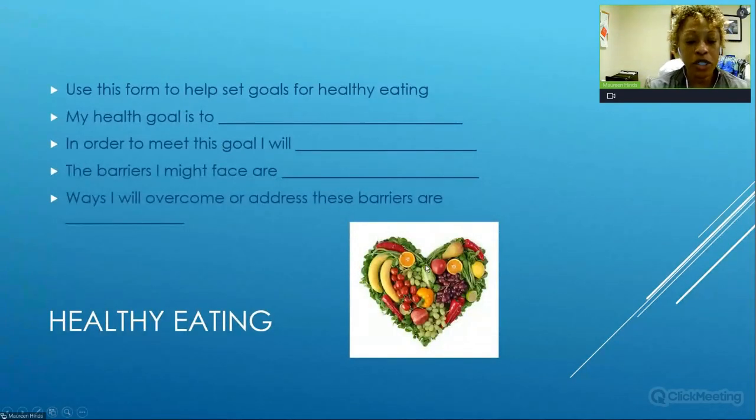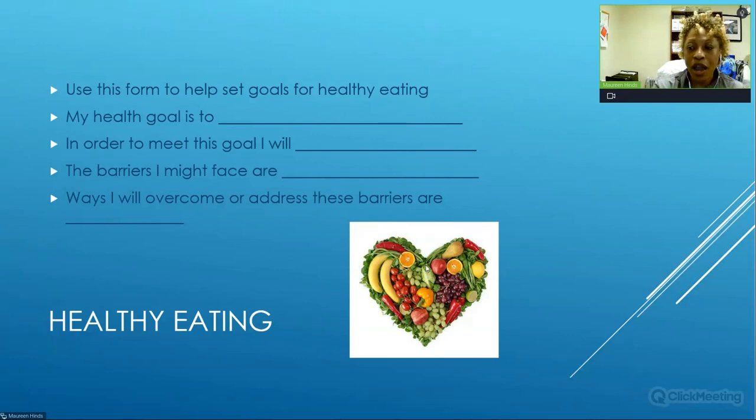All right, so here's your opportunity now to focus on a goal regarding healthy eating. So we're going to go through each of those different diabetes management areas: eating, exercising, monitoring, as well as medication. And the first one is eating. So wherever you are today, think about what you would like to improve in how you're eating, what you're eating, when you're eating, and go ahead and set it in a goal.